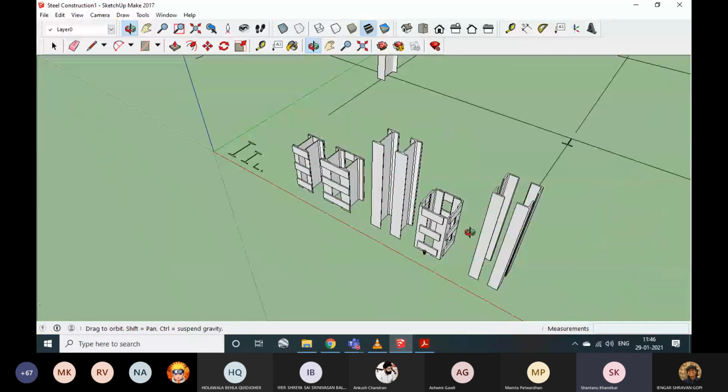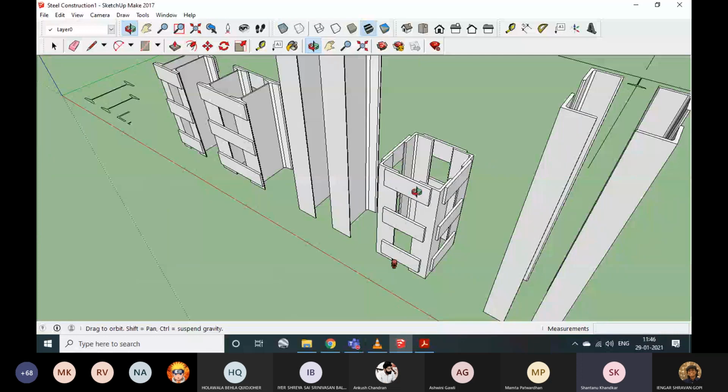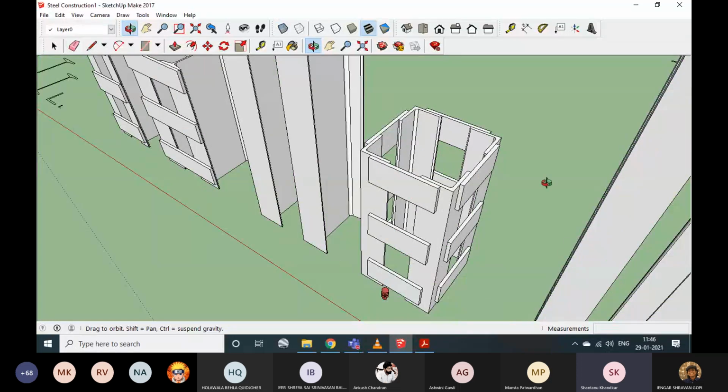Or you may have four different angle sections which are formed like this and they're connected by means of these plates. All right, and in a lot of cases, for example, if you go to your railway stations, you'll be able to find these kinds of columns that are supporting the roofs.